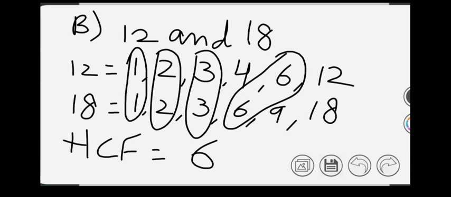So here we have got our HCF. The HCF of 12 and 18 is 6 because this is the highest common factor out of these all. So till here we have done with 2 digits, like how we can find the highest common factor of 2 digits using listing down the factors. Now let us see how we can find it for the 3 digits.